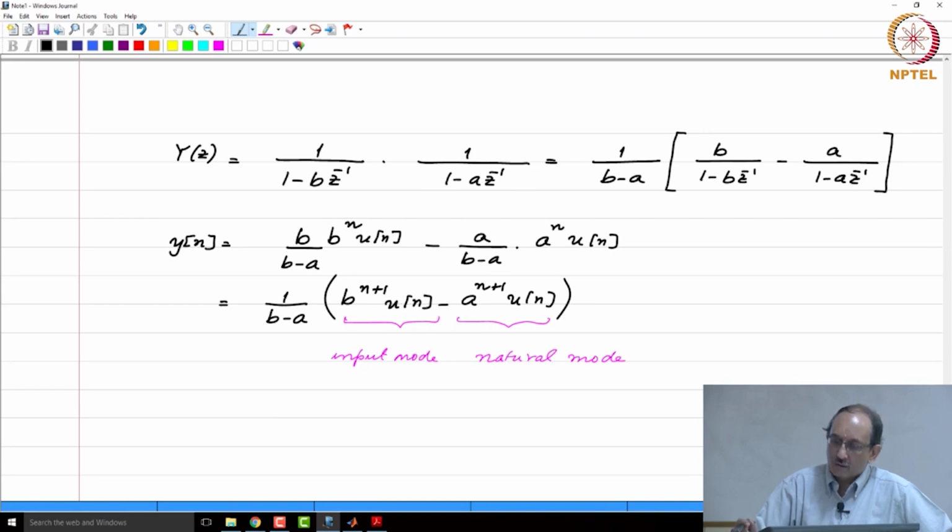One part will involve 1 by 1 minus az inverse, which in turn will give rise to a component of the form a to the n u of n. The other part will have a form that is cosine omega naught n, but what will be different is it will have an amplitude that is different from unity. If the input amplitude is 1, output amplitude will be whatever the residue is, and there will also be a phase shift,